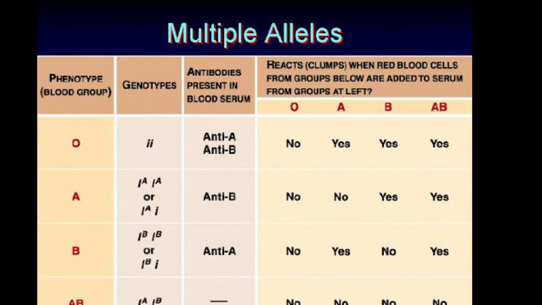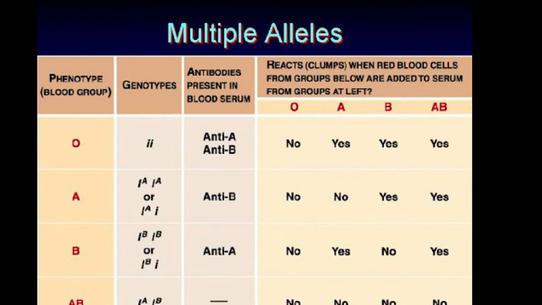ABO blood types are an example of multiple alleles. This is the most common and favorable example of multiple alleles. A well-known example of multiple alleles is the ABO blood type in humans. Carl Landsteiner, please remember it and note it. Carl Landsteiner in 1900 discovered that blood in all persons is not alike, and hence clumping or agglutination occurs on mixing the blood of certain persons.